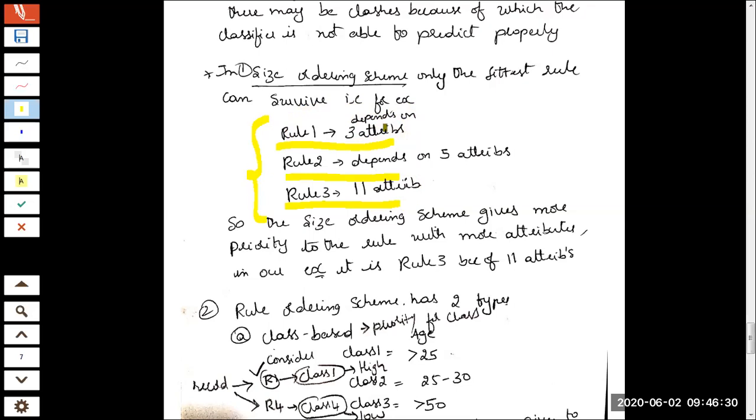So please see, this method has an obvious advantage and also a disadvantage. Once again, I'm repeating the disadvantage. We are saying that rule 1 is less important compared to rule 3, based on size as a metric. But what if rule 1 has attributes which are very crucial, very critical in making a decision? In that case, this mechanism will fail. You should do analysis like this, even if it is not given in the textbook. Whatever information I told you just now is not there in the textbook. The author cannot cover everything.